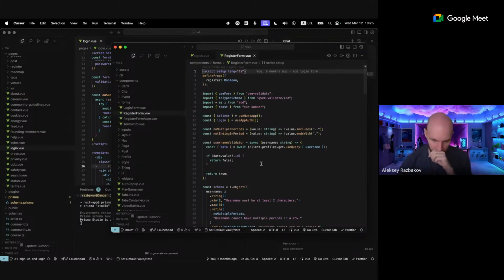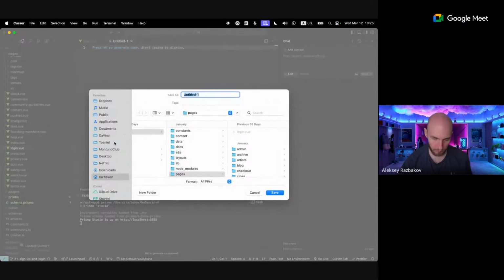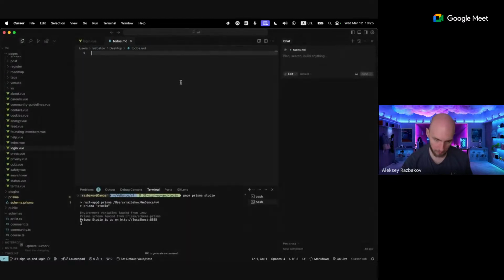Okay, register form. I need to start writing down the to-dos that I want to do. So maybe let's create a new file. I will probably just save it somewhere on the desktop. So let's call it to-dos markdown. That's fine. Okay. So for the registration,